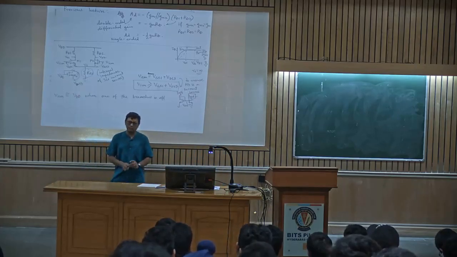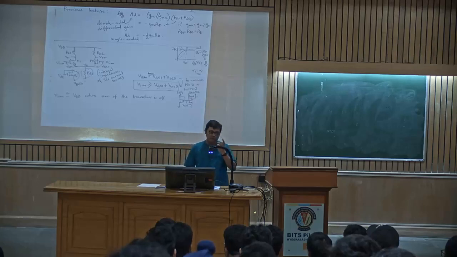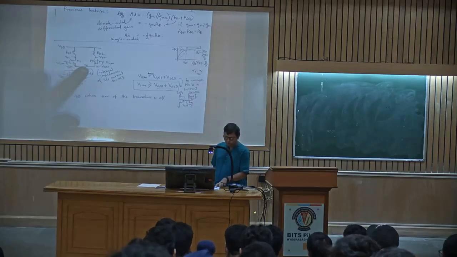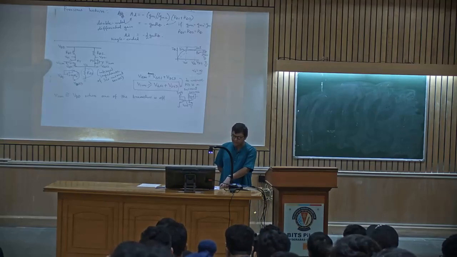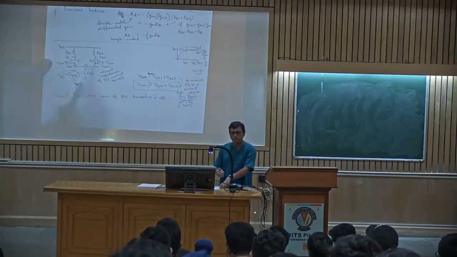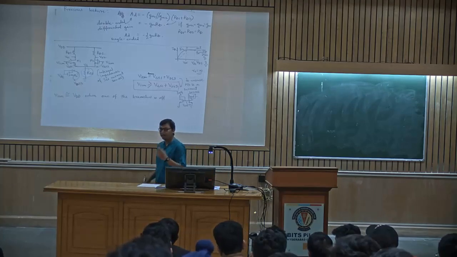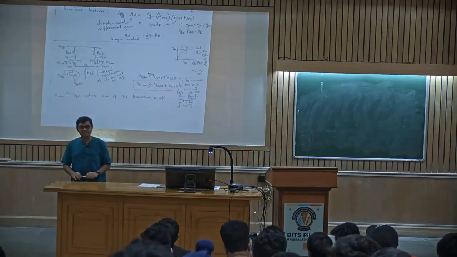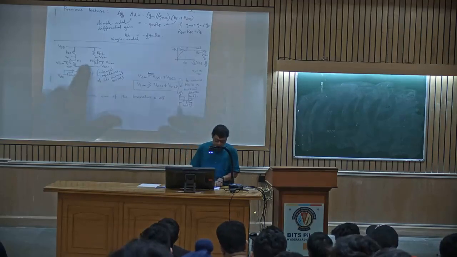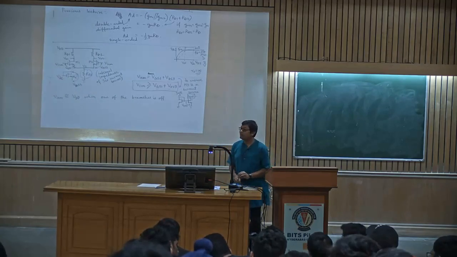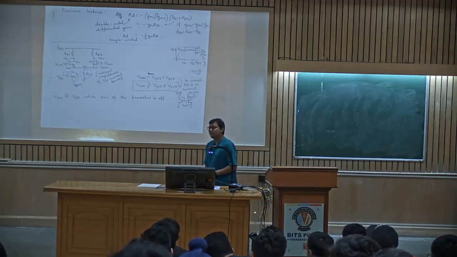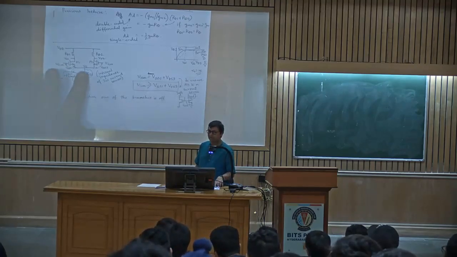Why not VS? In Sedra/Smith, they have referred to this common mode or the VS voltage rather than VICM. What we will be able to understand in a while is that VICM and VS are almost equal. Can anyone be smart enough to tell me why? VS, this common mode voltage, VS and VICM are almost equal. Not necessarily. I am telling you in general, in this circuit, VICM and VS are the same. Why?